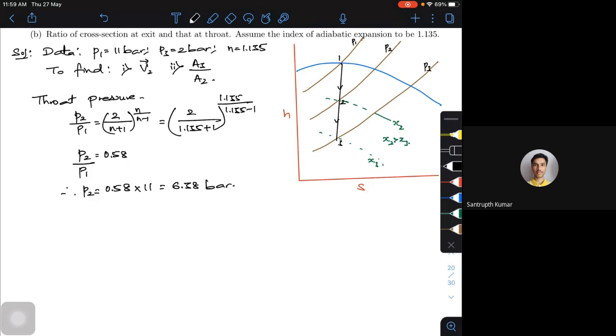Okay, now 1 corresponds to what actually? It is your entry, that is your vertical line, corresponding to your entry on a dry saturated line. 2 corresponds to your throat pressure, 6.38. So I need to draw a vertical line in your Mollier chart, wherever it intersects 6.38, from 1, which is a dry saturated condition. 6.38 is very difficult to locate there. 6.4 or 6.5, somewhere you have to approximate in your Mollier chart.